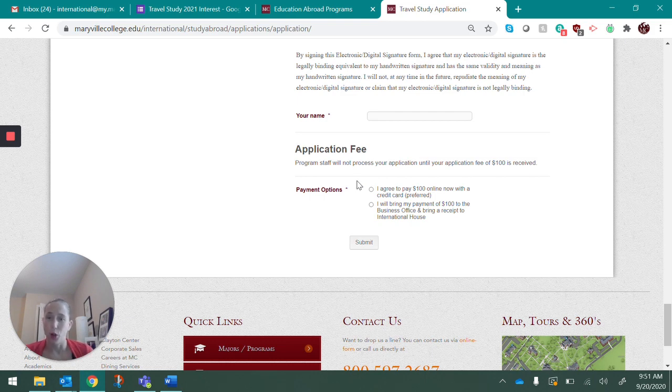But know that this is also a serious commitment, right? So we don't want students to apply for these programs who don't have a realistic ability to pay for it. You should have a clear financial plan. You should be discussing this application with your parents and family and academic advisor and have a really clear idea why you're applying and what the value of this program is for you. Okay, and if you want to talk about any of